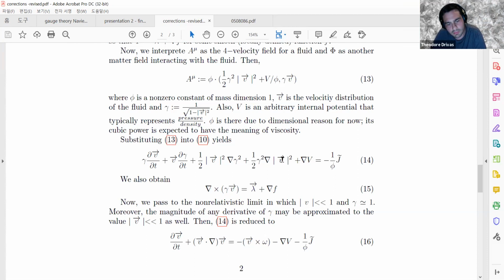So you see in equation 16, that is not the fluid equation, right? Because you're using a vector calculus identity to write gradient v squared as two different nonlinear terms, v dot grad v and v cross omega. The real fluid equation would be where you don't have the first term on the right-hand side. So this is just a rewriting of the gradient force, this is not the Euler equation. That's correct.